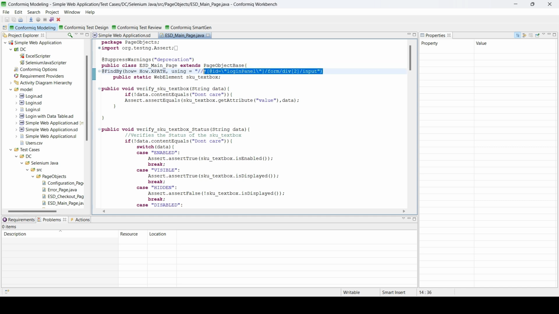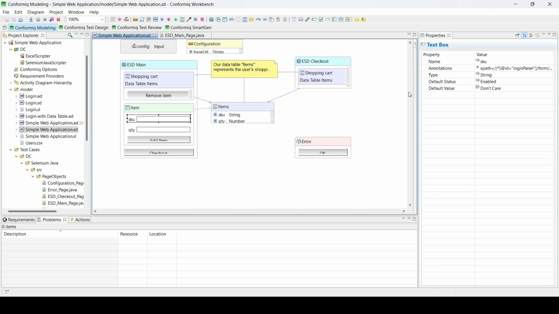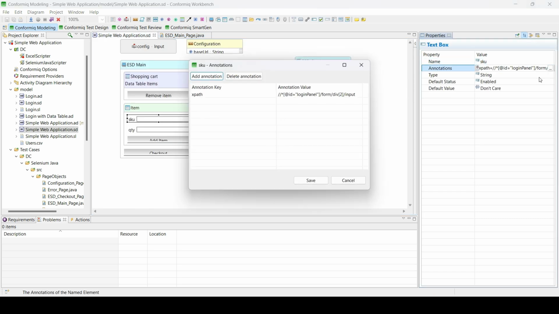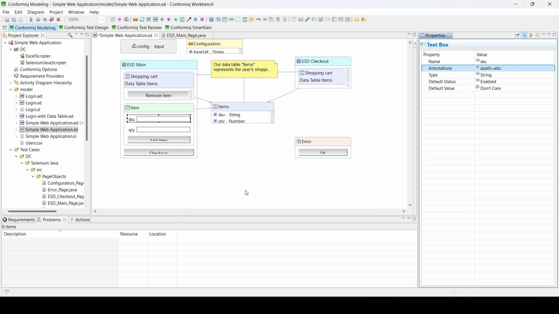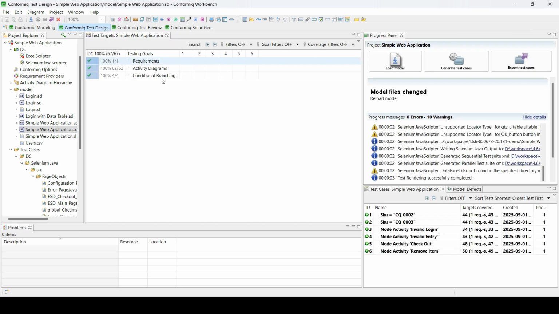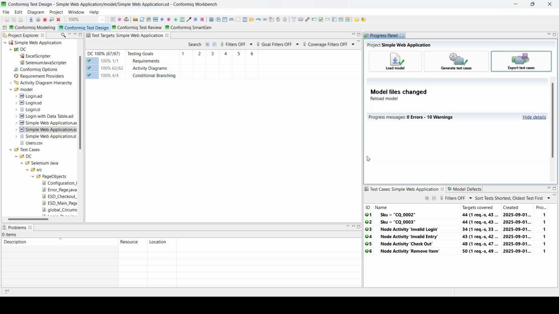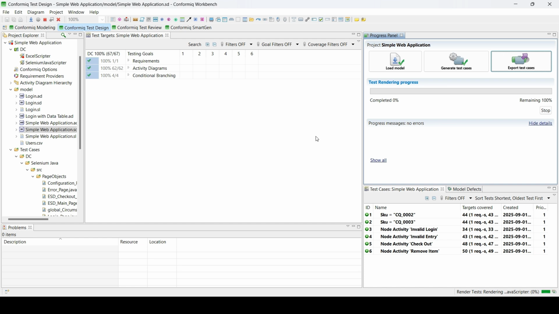suppose now this is the object locator information right now, which is in valid scripts, and now I come back to the SD file, and as you can see here, I am changing this SD widget's object locator information. Suppose I make some modifications, and then let me save the file. Now, the new enhancement you can find is, instead of going for test generation once again, you can directly click on the export button,